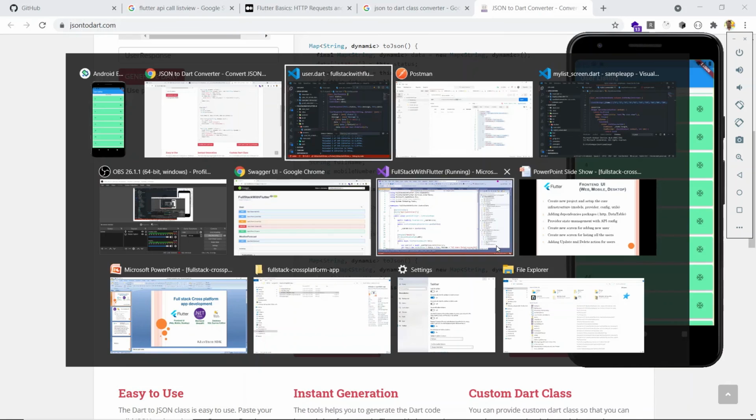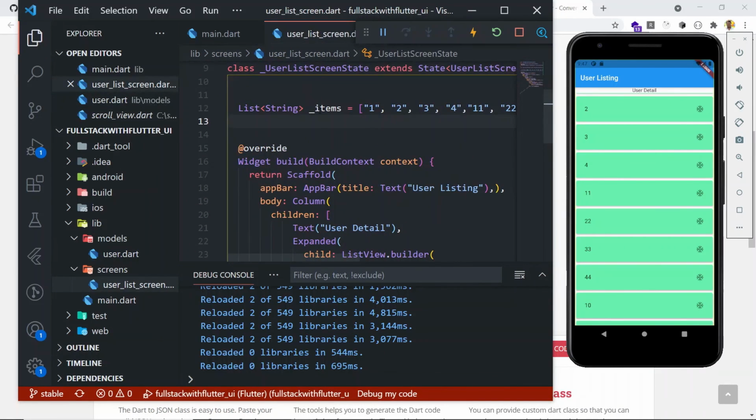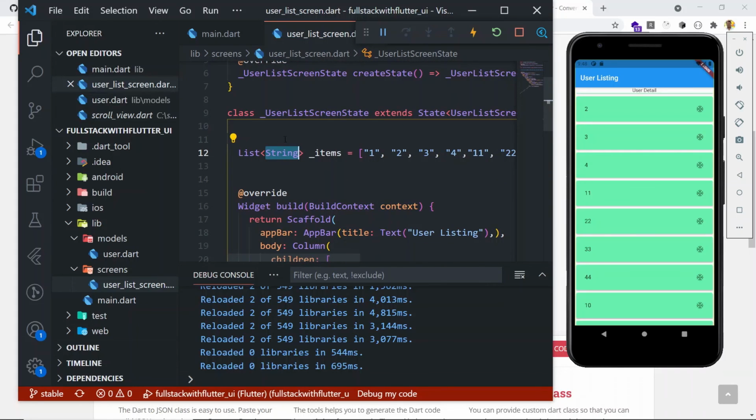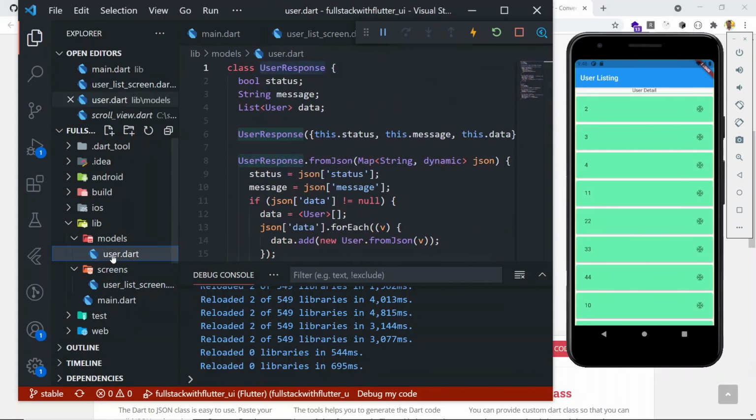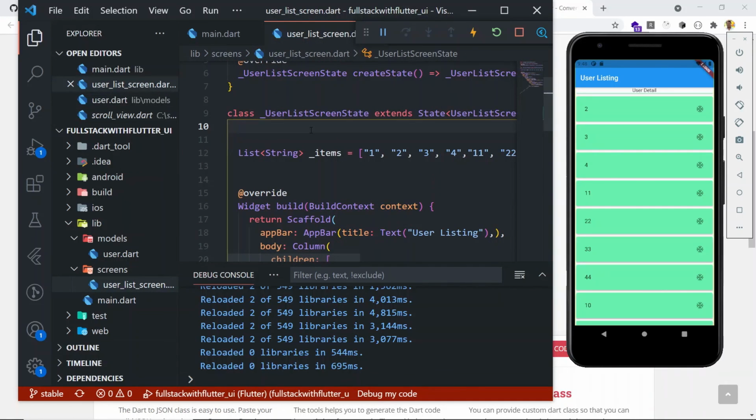Okay, so here we will be getting this result. So this item is supposed to be the list of users, right? So if we come here, this is the JSON response. So this data will be the list of users, and this is what we are going to bind here. So what we need to do,